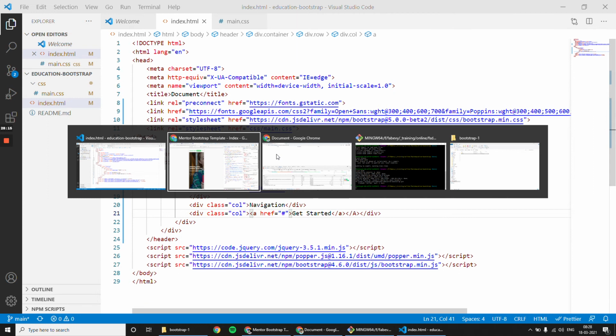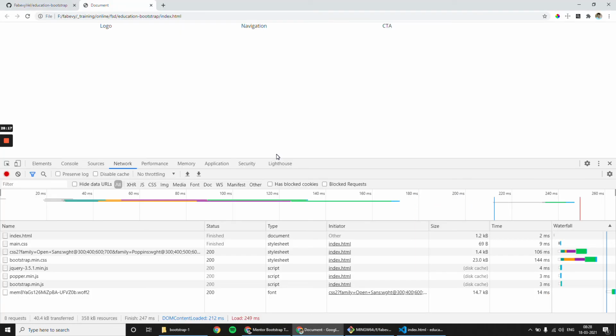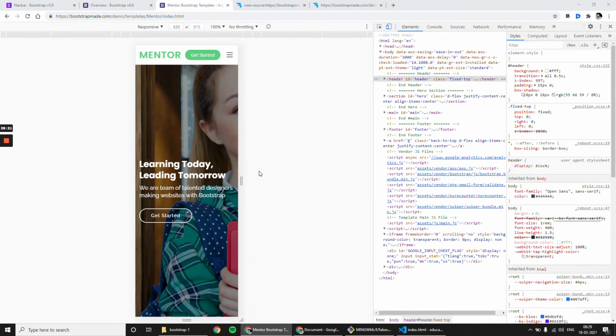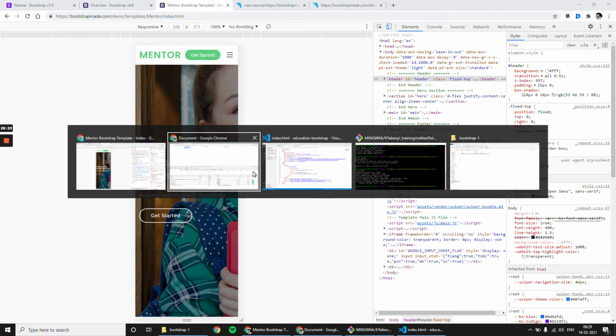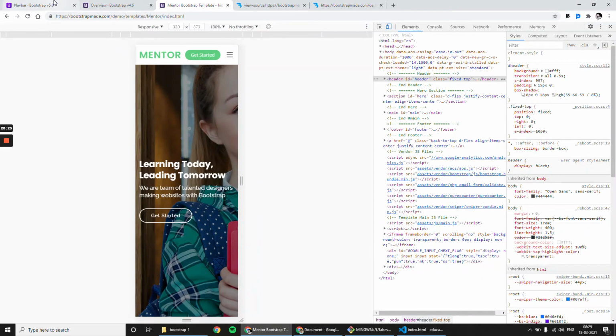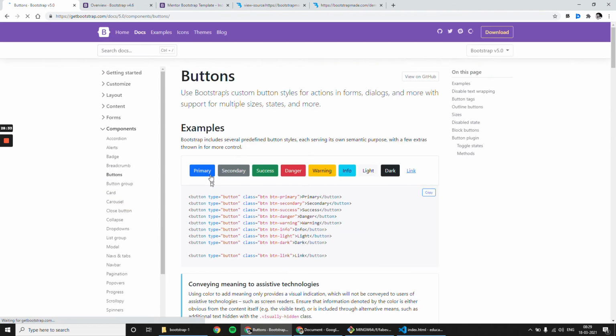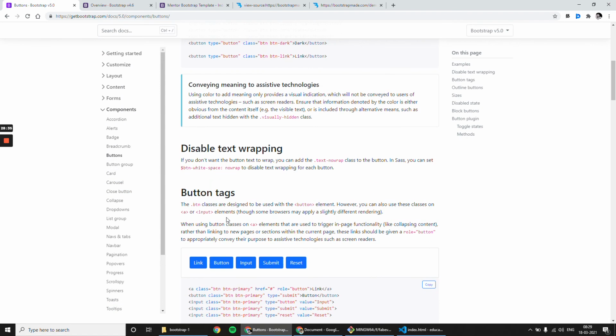And if you see the output, it won't be good. But what I can do is go to Bootstrap's website and check buttons. In that there are many buttons.